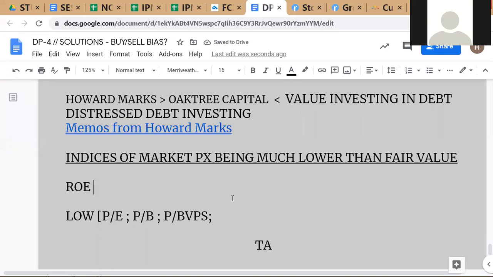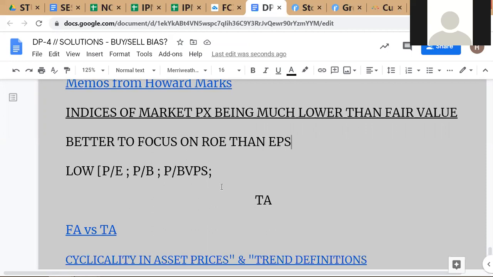Okay, ROE is better to focus on. This you will not find discussed in every place. Mostly people just go with the earnings per share, but it's always better to focus on ROE than EPS. Although all market discussion is on EPS, this figure can be manipulated. You cannot manipulate this figure unless, of course, you're doing accounting fraud, which is a bigger investigation. But if you accept the accounting figures at face value, then this is a much better indicator. So what Buffett looks at,